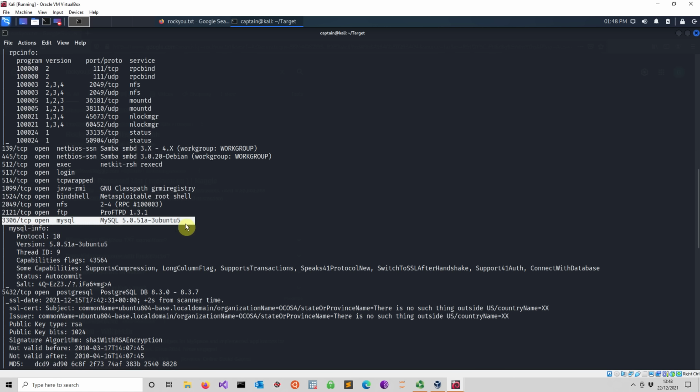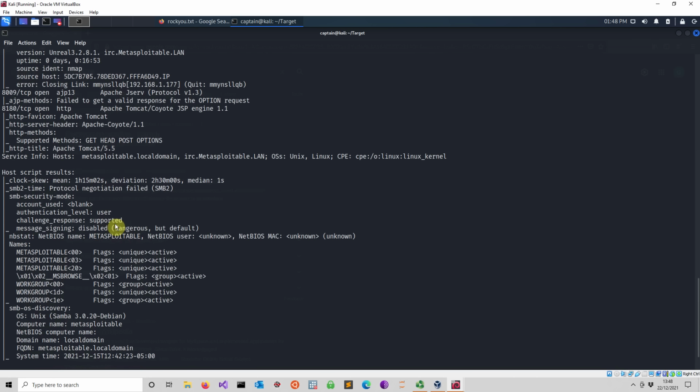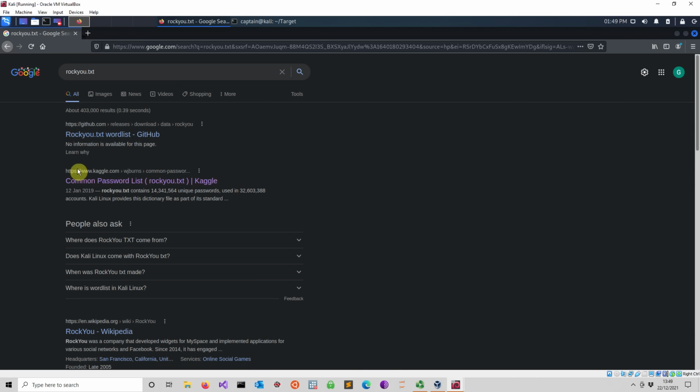We know it's a MySQL service, so the obvious thing is to try to break in. Now, of course, that's not necessarily very easy, because when you try to log in as a root user, it's quite likely that you have to have the password. And if you don't have a password, what do we do? Now, what I want you to do is I want you to look for common passwords, and the most impressive collection is called